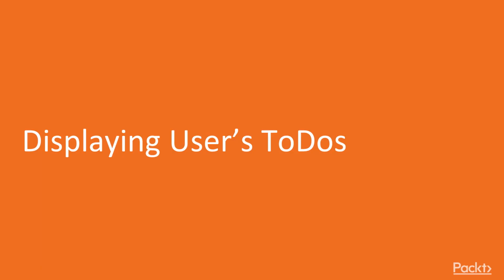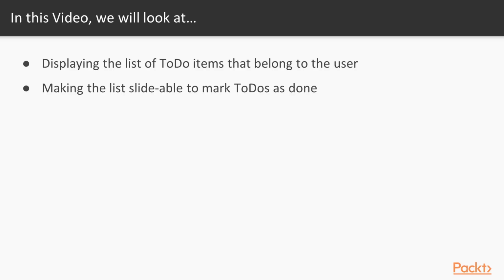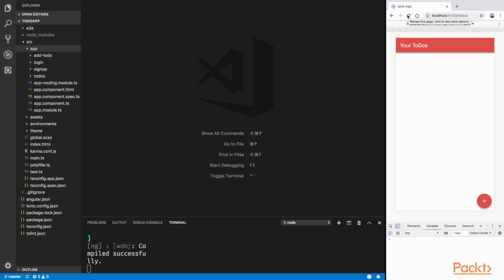In this lesson, we are going to write the code to display the user's to-do items on the to-do page. So we'll start by writing the code to retrieve all the to-do items that belong to the currently logged in user, and then we'll display all those to-do items in a nice list on the to-do page. We'll conclude this lesson by making the list slidable so that a button is revealed when the list items are slid towards the left. So let's go back to Visual Studio Code and we'll start writing the code inside the